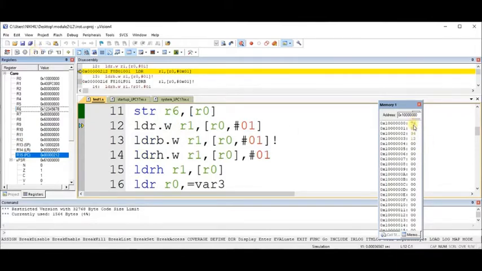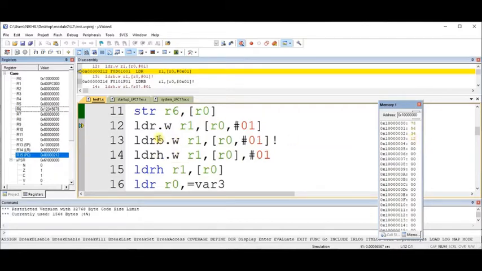So just keep your eye here and as well as check now. So as you can see, the color has changed. So content of R6 has been loaded into the address pointed by R0. So R0 is pointing at this location. So we are getting 78563412, right?